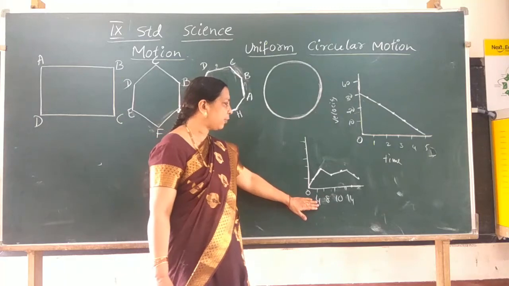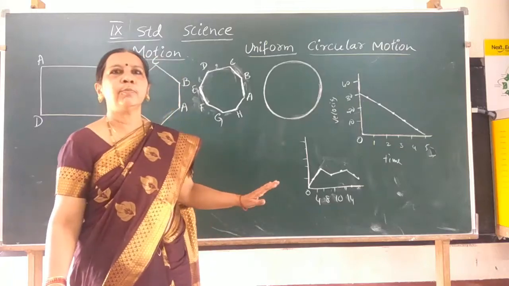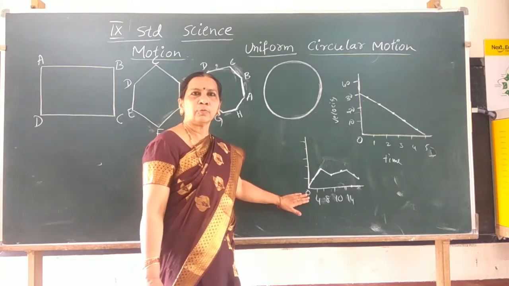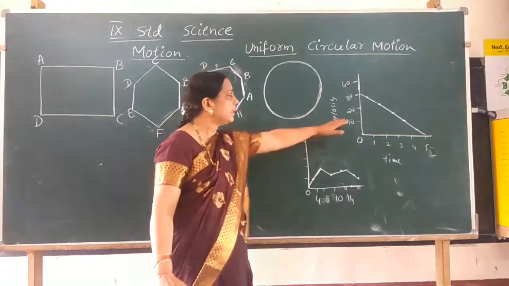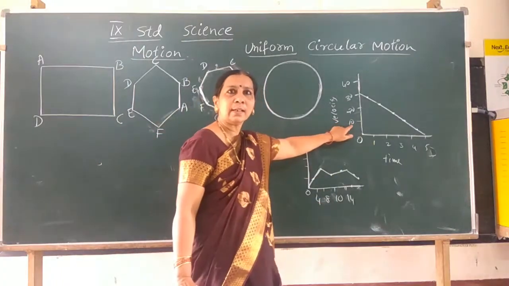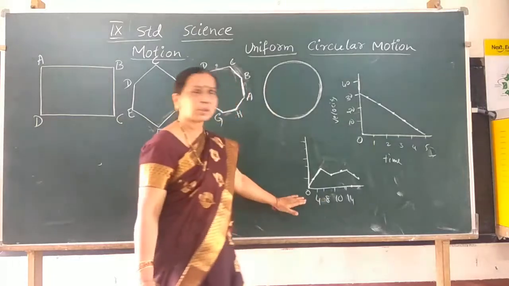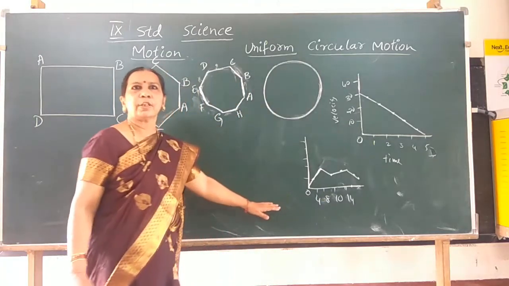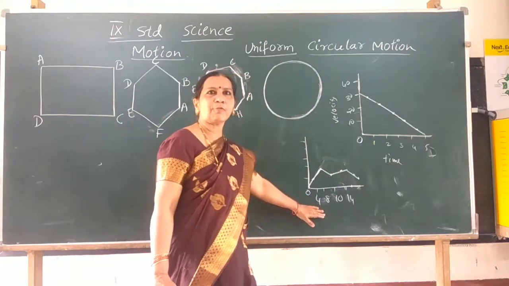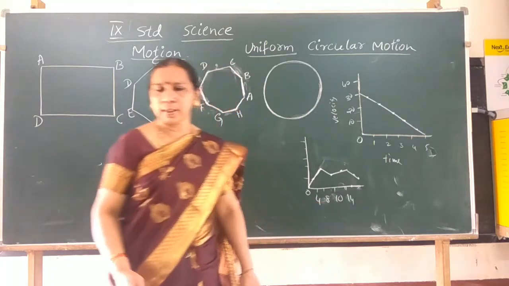If you observe this graph, the velocity of an object shown here, this velocity time graph shows non-uniform variation in the velocity. So for non-uniformly accelerated motions, the velocity time graph may be of any shape. This shows that the velocity of an object is decreasing with time, and this shows the velocity of an object which is non-uniform with time. So this velocity time graph shows non-uniform variation in the velocity of an object with time.